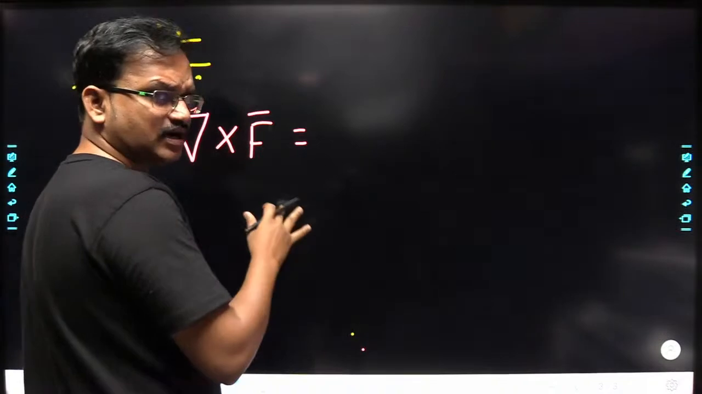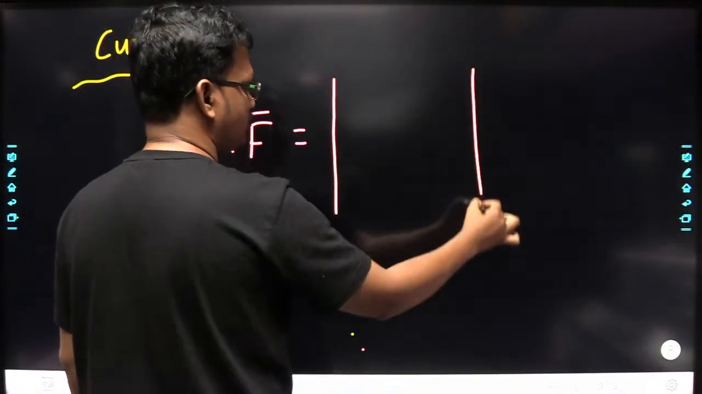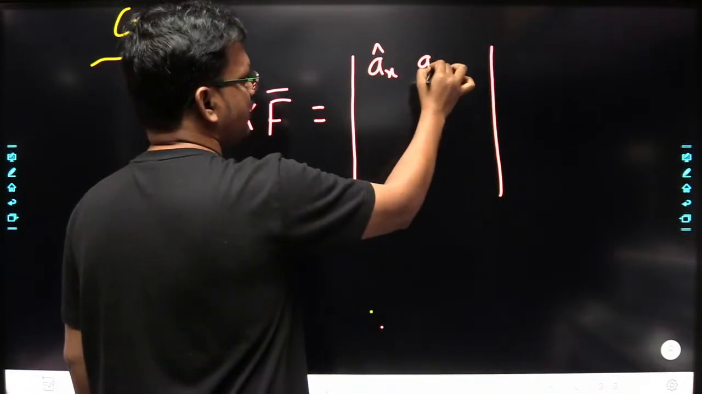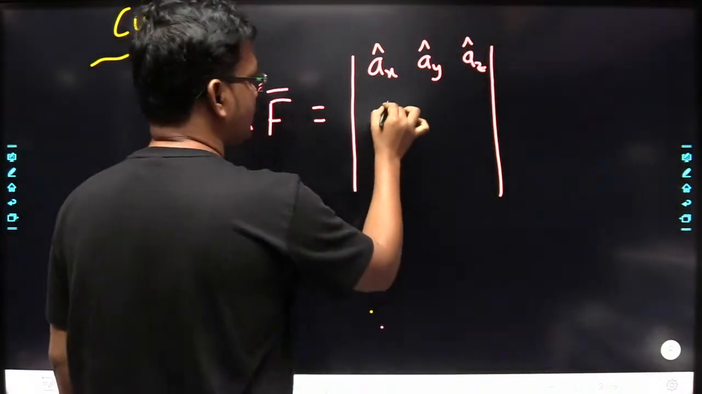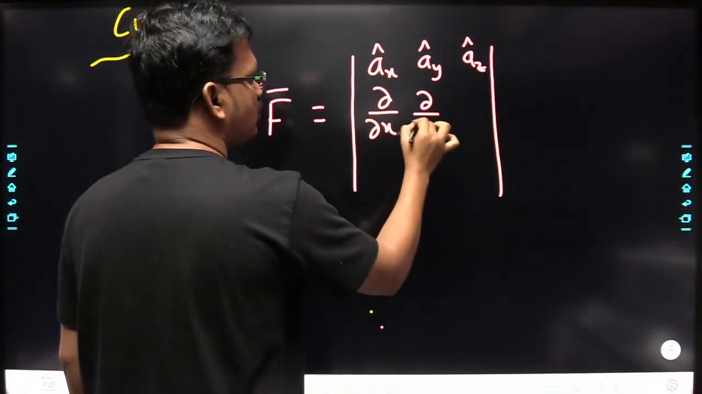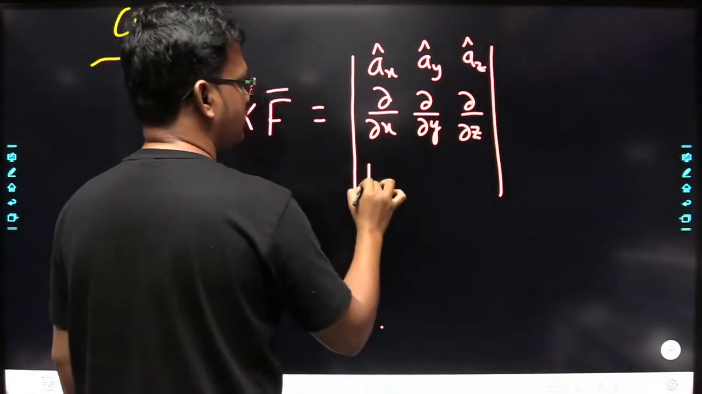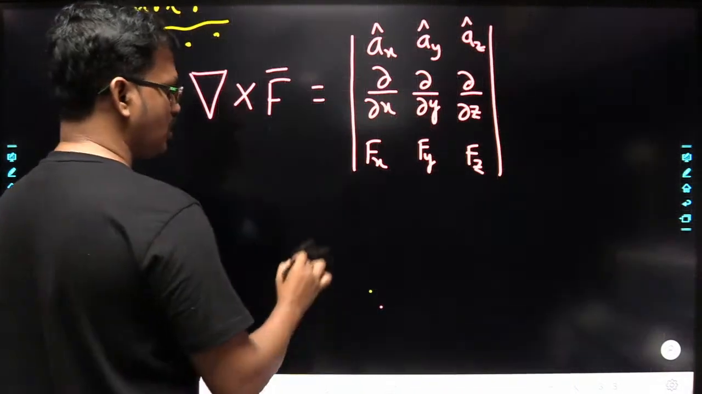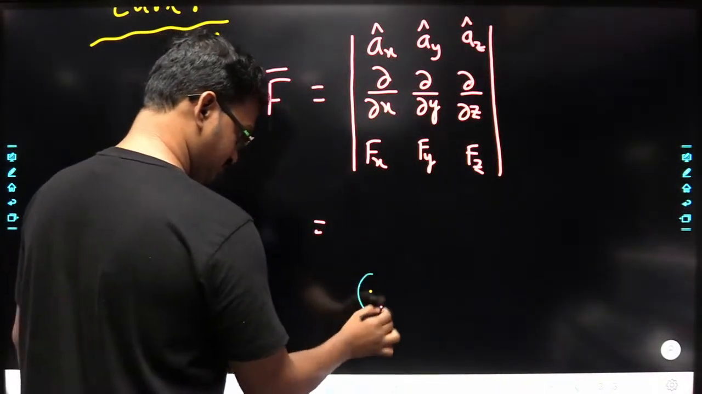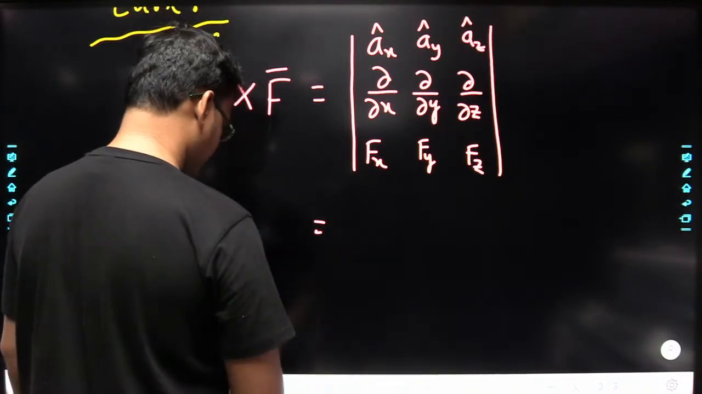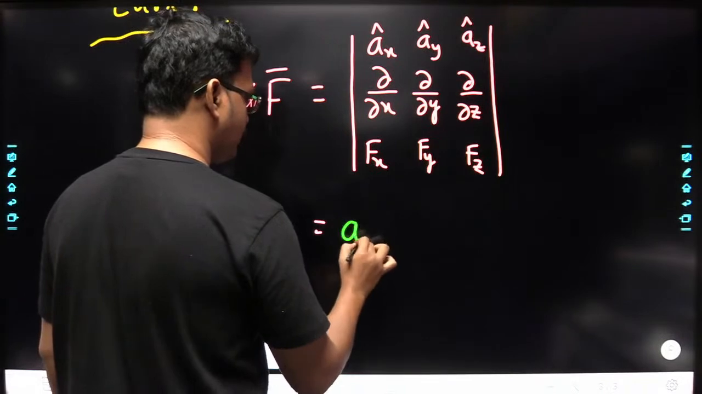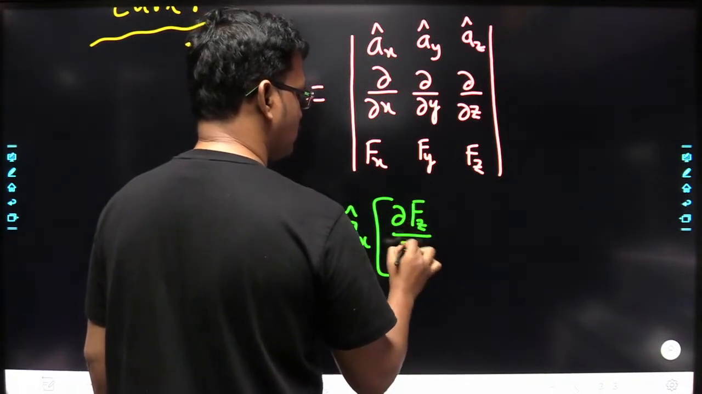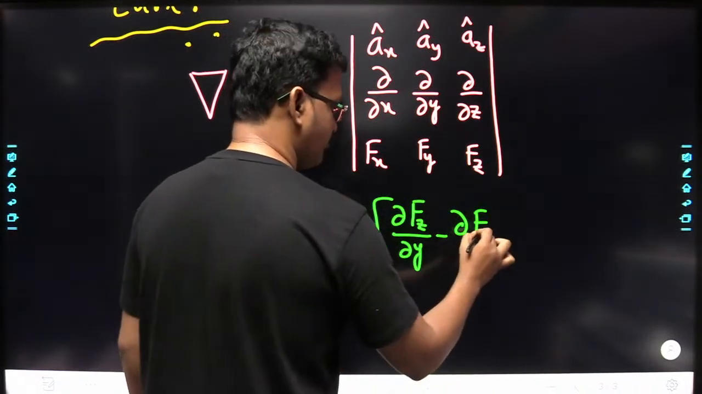So we can write the curl in determinant form. Yes or no? In determinant form in this manner. I hope you know how to write in determinant form. So here ax cap, ay cap and az cap. Here dou by dou x, dou by dou y, dou by dou z, and here fx, fy, and fz. Okay. So if you expand this, what you are going to get here? You are going to get ax cap into dou fz by dou y minus dou fy by dou z,